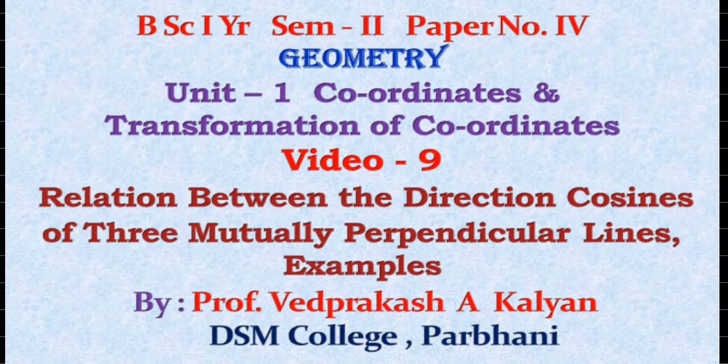Hello students, in the last class we have studied transformation of coordinates. In that we have studied two important articles. The first one was the change of origin and the second one was the change of direction of axis. In those two articles we have studied if the origin is transferred from 0, 0, 0 to some convenient point such as f, g, h, then what changes are to be done in the equation of the surface. That we have studied in the change of origin.